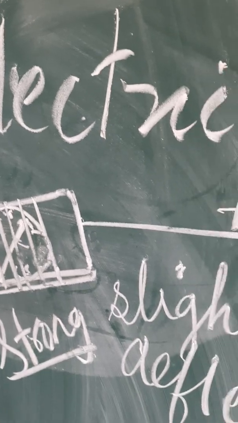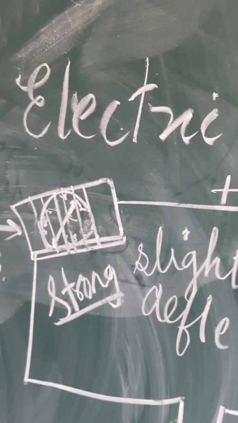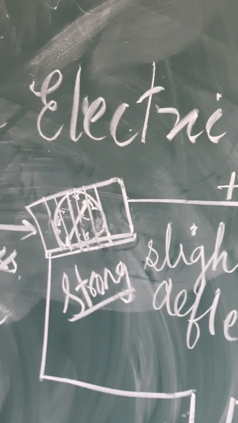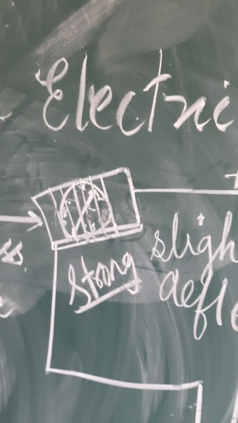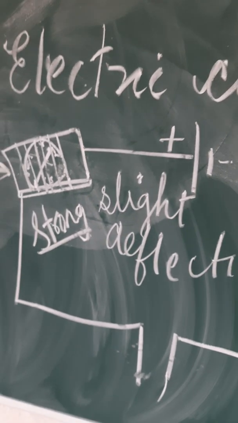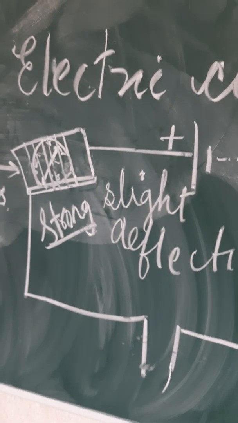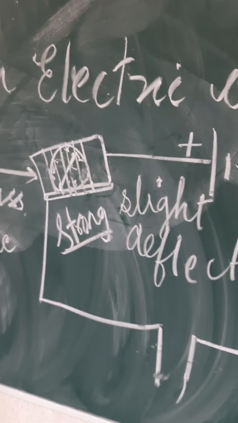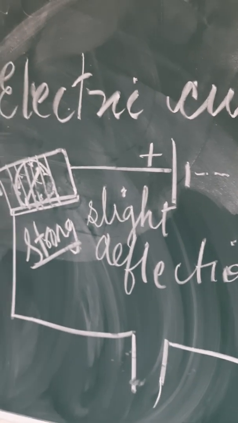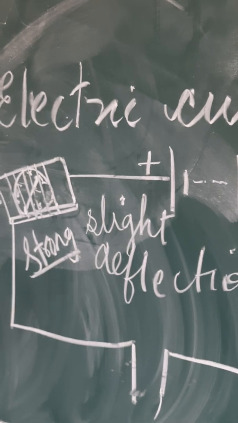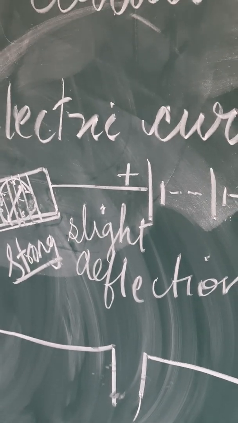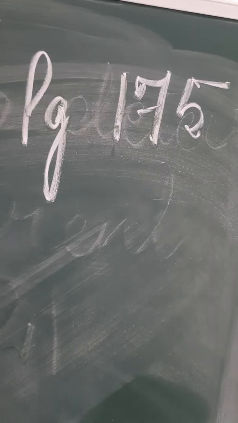Now children, there is a table given related to this particular activity, which asks you which liquids are strong and which liquids will show that weak current is flowing in the circuit. And do we see the deflection in the compass needle or not? There we will write yes, no, or poor conductor or good conductor. Let's have a look at that table, children, and you have to complete it in your book itself.